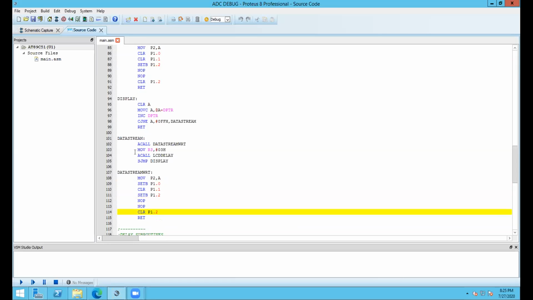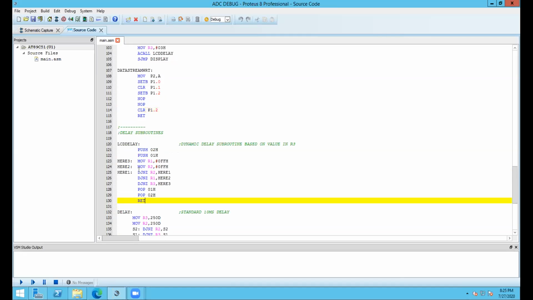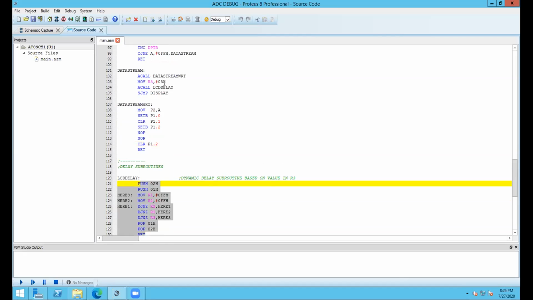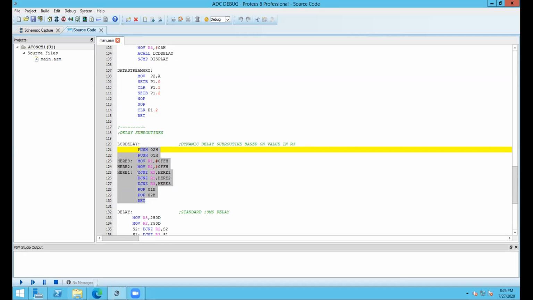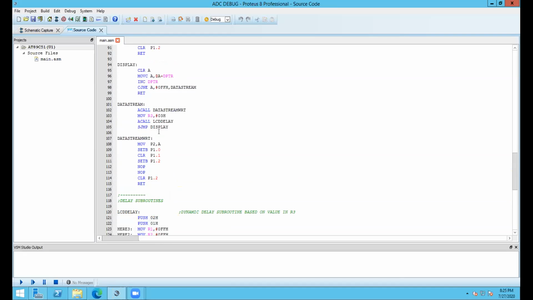While returning, we are calling the delay, and the delay has a specific LCD delay function that is governed by the current value of R3. We have put 03 in R3, and as long as R3 is counted, this delay will be repeated, and after this delay is complete, we will go back to the display.